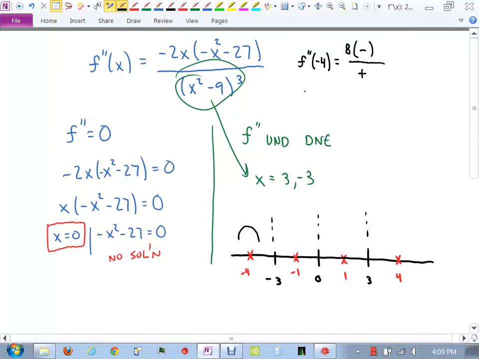What about -1? What's f double prime of -1? Well, let's see. It'll be negative, so 2 on top, -1 on the bottom. No, the bottom's negative this time. So you get a negative over negative. So positive. So it's concave up. Plug in 1, you get negative on top, and you get negative on the bottom. Concave up again. Wait, no, hold on. 1 on the top, I'm going too fast. 1 on top is negative. 1 on the bottom is